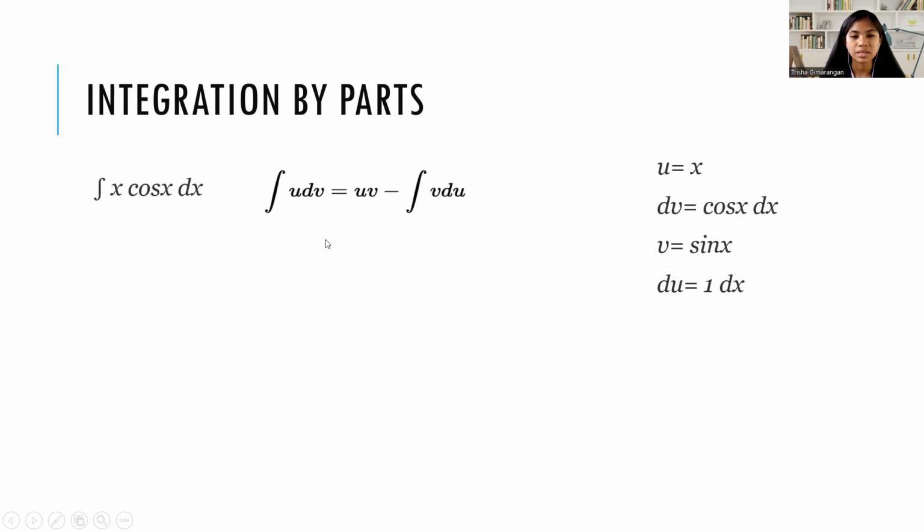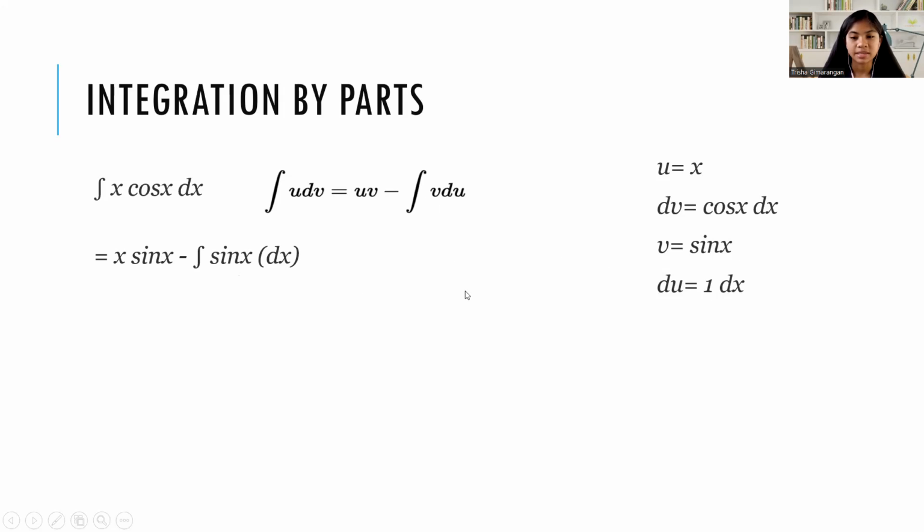So let's substitute the values. The value of u is simply x, and v is sine x, minus the integral of v, which is sine x,